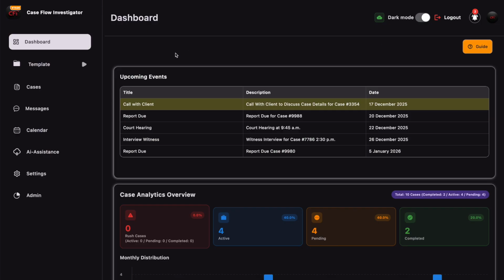Now, at the top of the dashboard, you'll see upcoming events. This is where all of your important upcoming events will be stored and organized for you to have easy and quick access to. Upcoming events are created through the calendar feature here on the left, and they appear here in